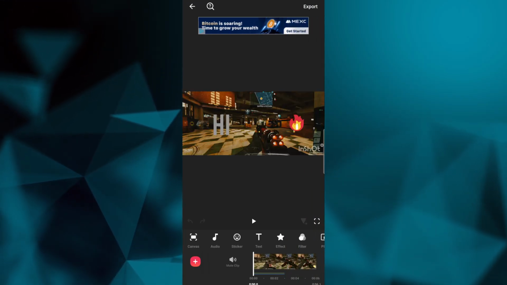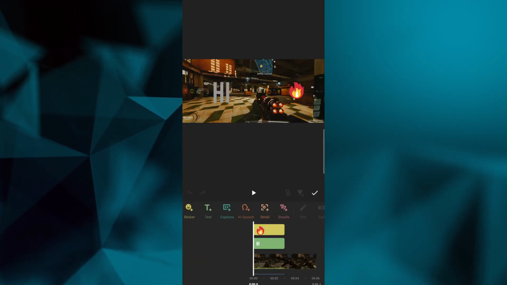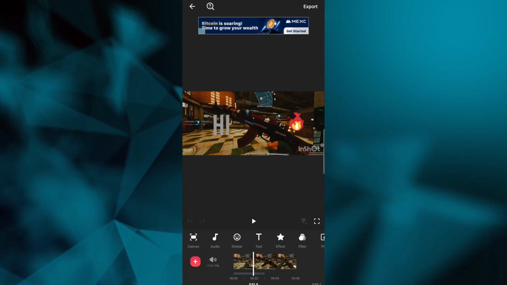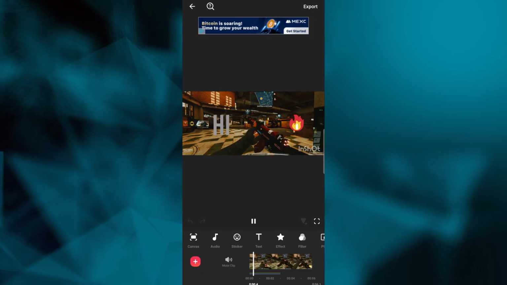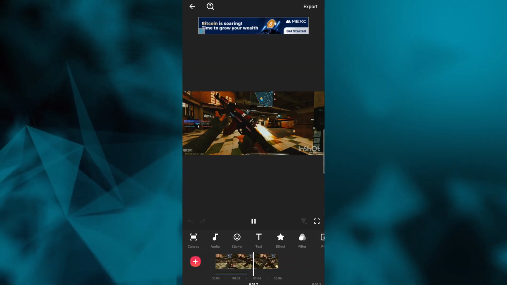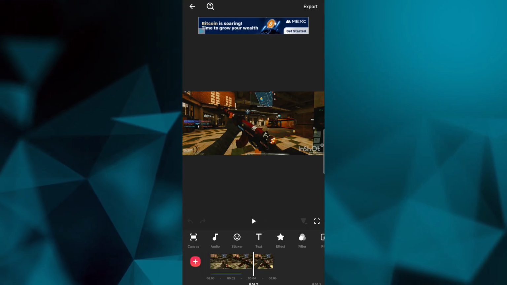InShot is designed mainly for quick social media style edits. It's great for trimming, adding filters, text, stickers, and even AI-generated effects. The free version works well, but it does leave a watermark on your exported videos, unless you subscribe to the Pro version. If you just need fast edits for TikTok, Instagram Reels, or short YouTube clips, InShot is easy and